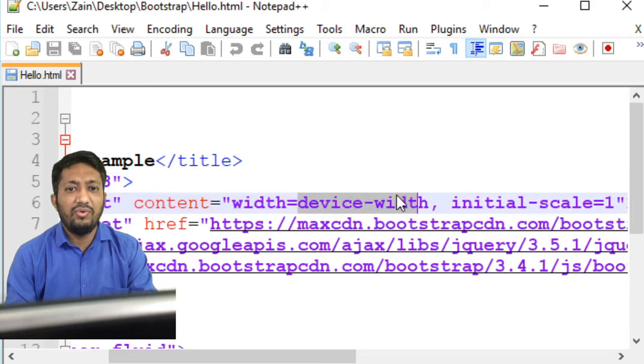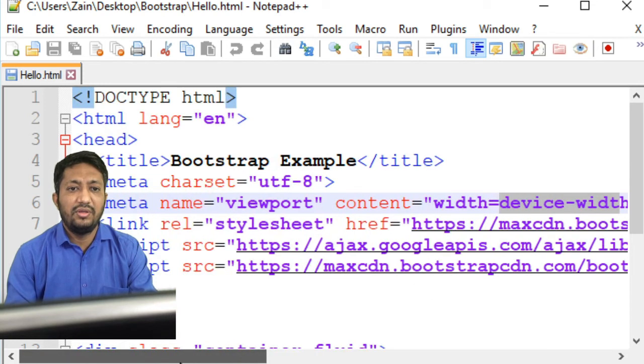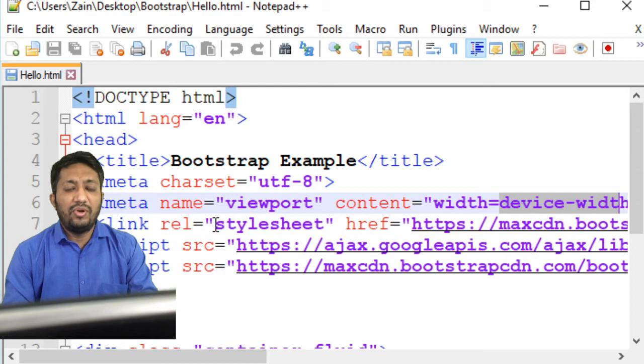When we are talking about the responsiveness of our Bootstrap, this will be helpful to us. Now how can we define our particular CDN here? You can see the concept of CDN and how we write it.